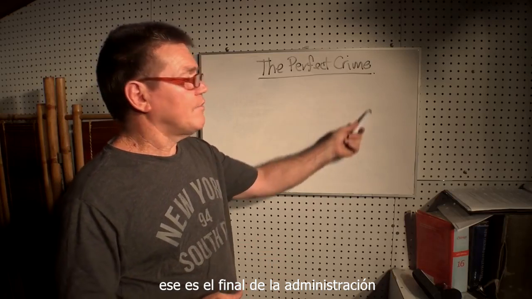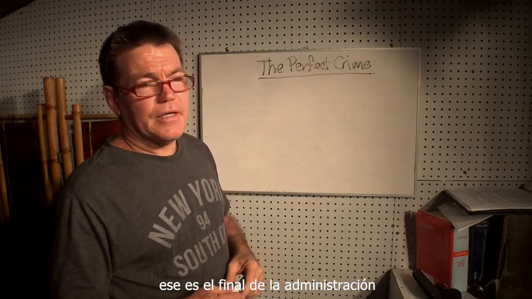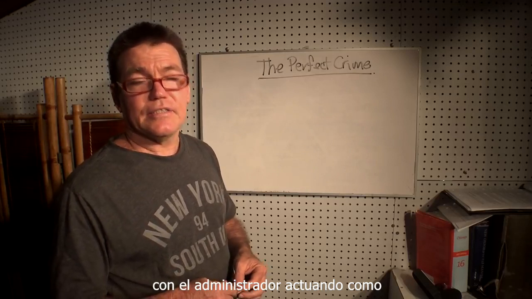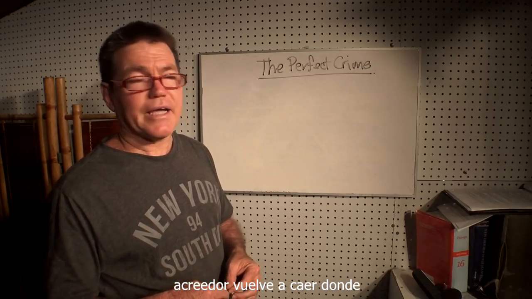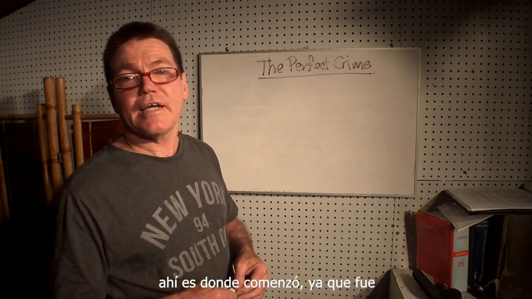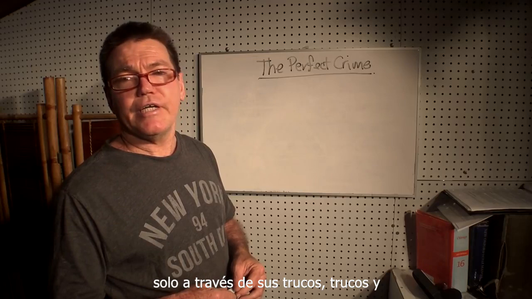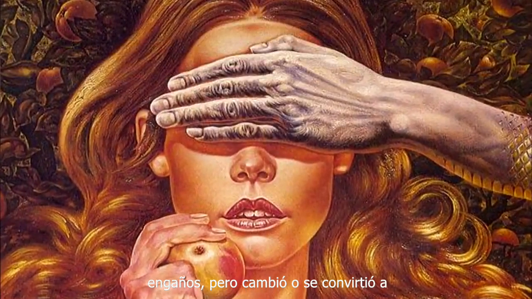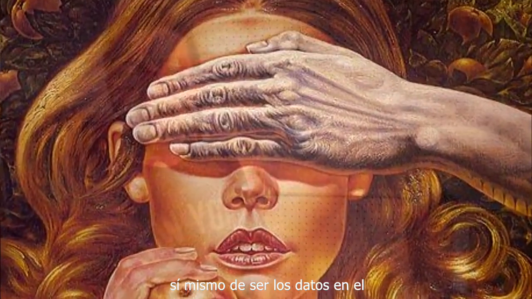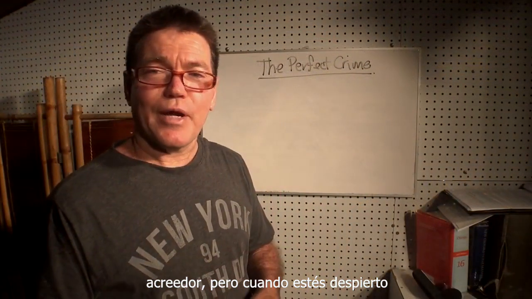That's the end of the administrator acting as the creditor. He falls back into where he should be, back into the debtor, because that's where he started out as. It was only through his trickery and deceit that he changed or converted himself from being the debtor into the creditor. But when you awake up to it,